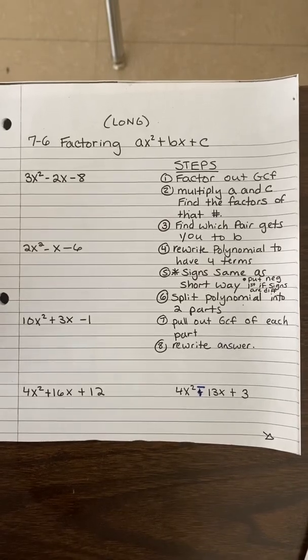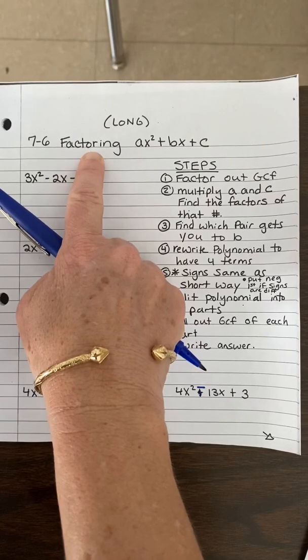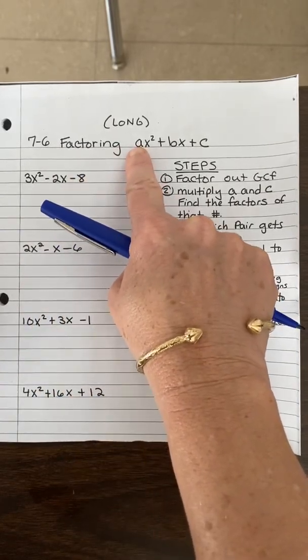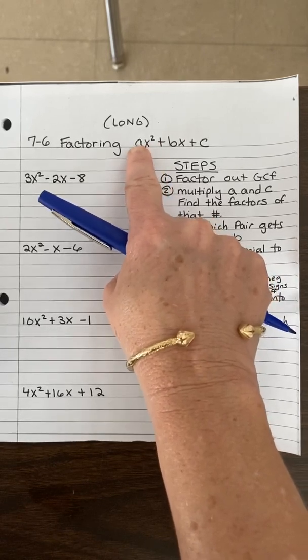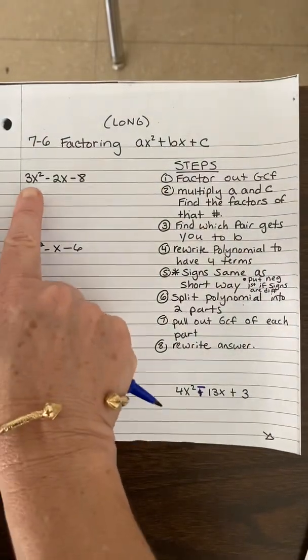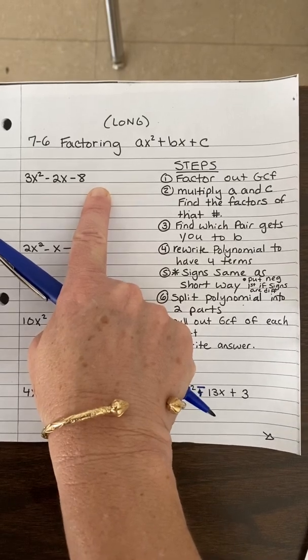Good morning. Today I'm going to show you guys how to use the long method for factoring a quadratic. We use this method when we have a number in front of x squared that isn't 1. Okay, so if you have a number here, then you have to use this long method. All right, so we're going to start off with this equation, and my first step every single time is going